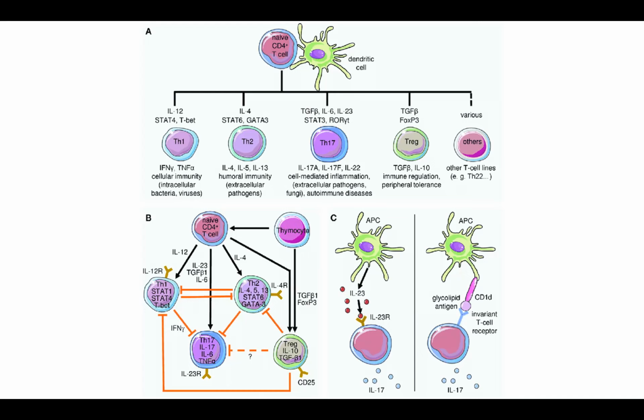For example, if you have a system that's over-inhibiting Th1 because of Th2 production, then you will have problems fighting intracellular bacteria and viruses, so that you can have a high Th2 count and a low Th1 count